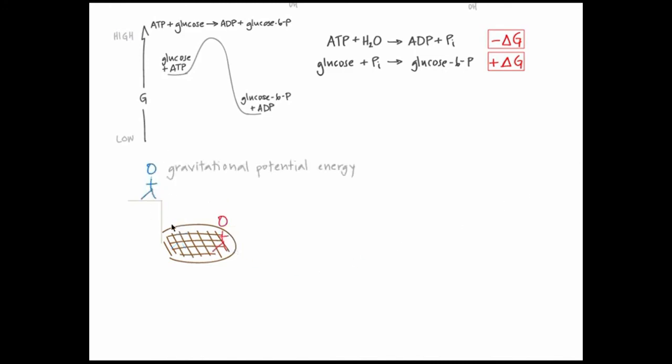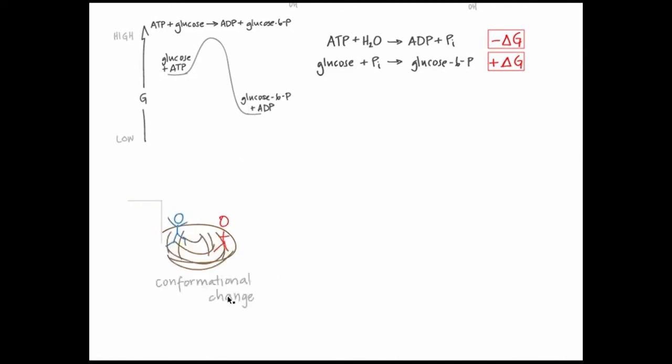Your friend is ATP, which loses potential energy as it's hydrolyzed into ADP and inorganic phosphate. Much of that energy is transferred to hexokinase, the enzyme which is the trampoline. As hexokinase undergoes a conformational change, it provides the energy to drive the phosphorylation of glucose, which in this analogy is you flying into the air, a non-spontaneous process.